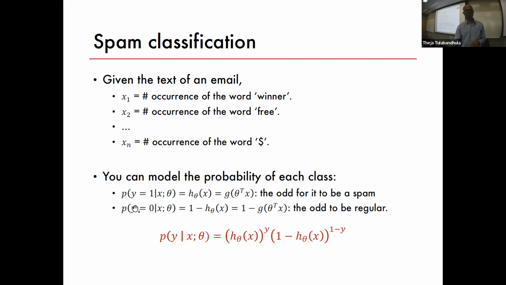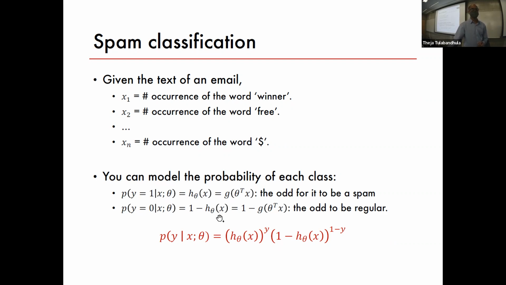And probability of the other class, let's say it's a binary classification for now, we're going to change it to multi-class maybe end of this lecture or beginning of next lecture. Probability of y is equal to 0 is just 1 minus that. We are imposing this because the probabilities have to add up to 1, then the probability y is equal to 0 is just 1 minus h theta of x.